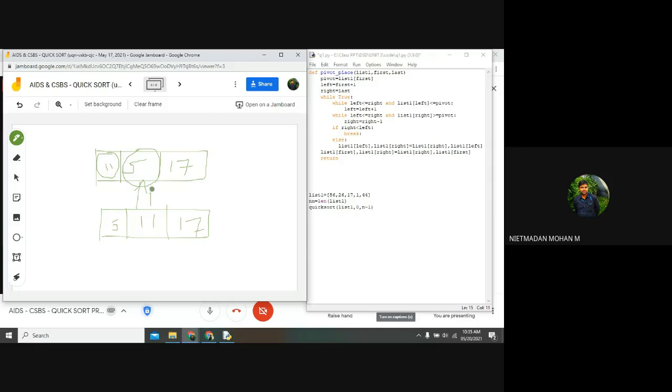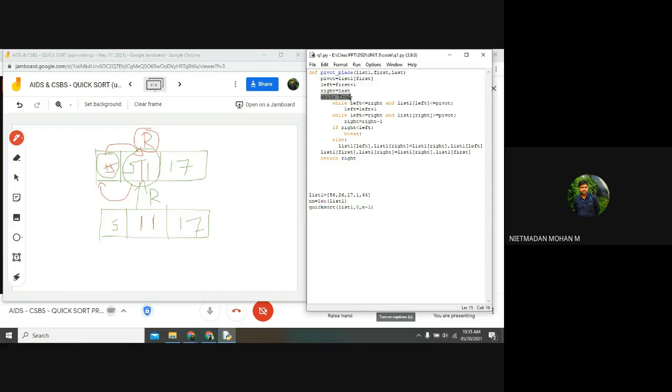We are doing this operation, then this will be my final right. Once the condition becomes false, I will swap this pivot value and the right value, right? So I want to return this right value for the next operation. Why? Because this is my pivot value that has been assigned to that particular position. So I want to return this right for the next iteration. Are we clear about this?